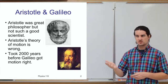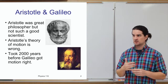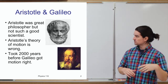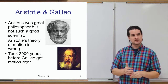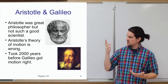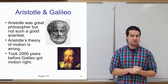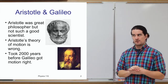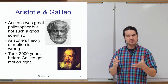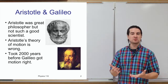He was doing exploration. I think a lot of people would say he founded a number of different areas in science, like biology for one. He was more of a philosopher and not necessarily a good scientist. You say that mostly because he didn't really seem to take the idea of testing his theories all that much to heart, right? And being willing to admit when they were wrong. Some of his theories, it seems like, if you just tested it, it would seem like it would be pretty easy to prove